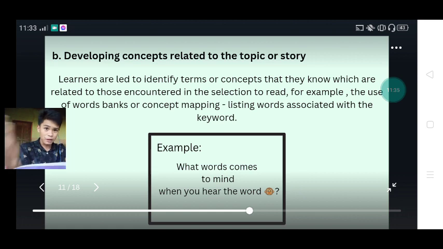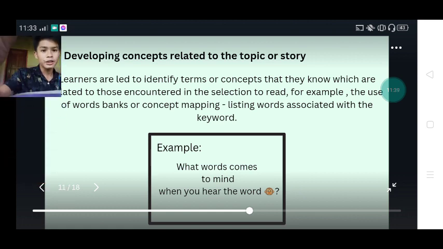Be developing concept related to the topic or story. Learners are led to identify terms or concepts that they know which are related to those encountered in the selection. For example, the use of word bank, concept mapping, listing words associated with the keyword.